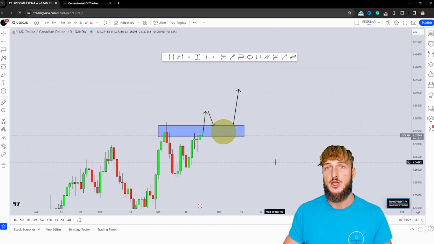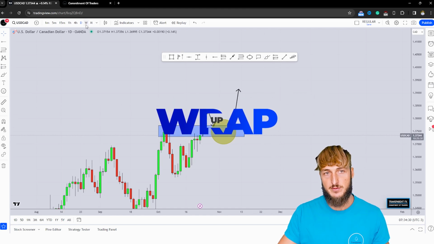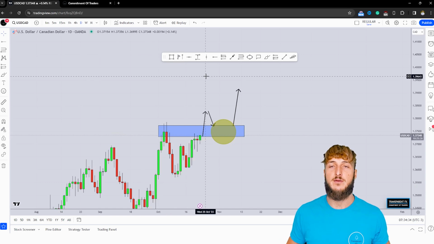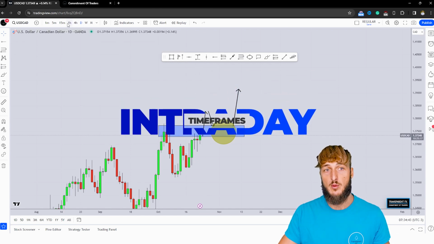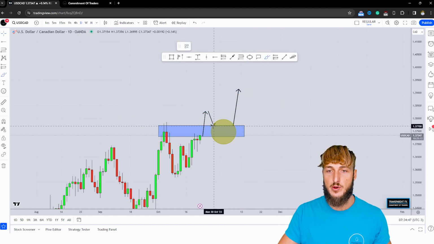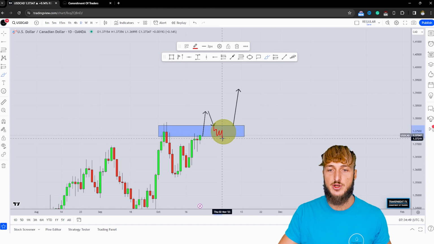Now, as usual, trading is reactive and not predictive. The monthly, weekly, and daily combined with the COT data, those are the best time frames from a directional perspective. However, when it comes to confirmations and entries, the best time frames are the intraday time frames, so 4 hour and lower. Therefore, what we could be doing, potentially also with students, is monitoring price action from an intraday perspective